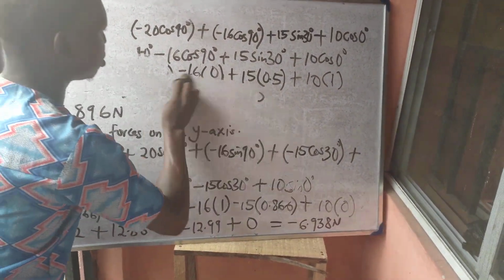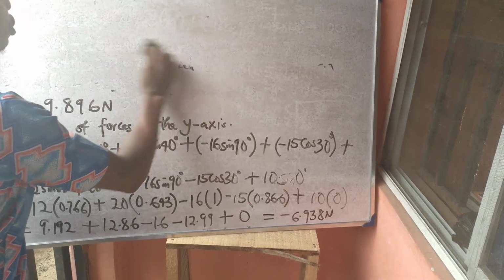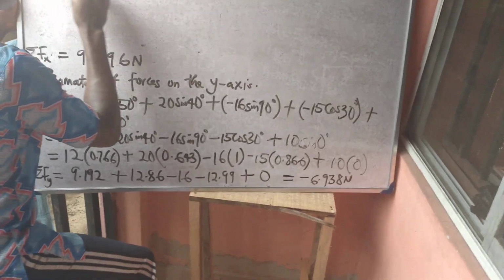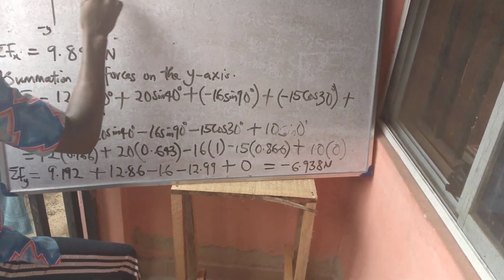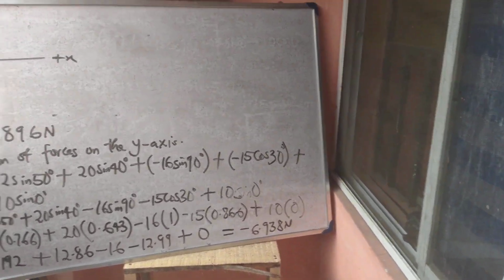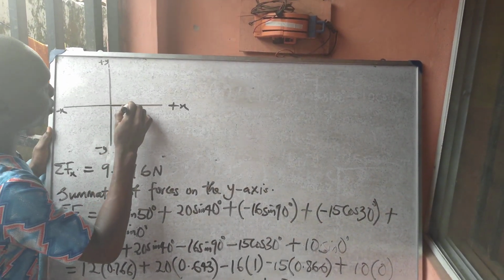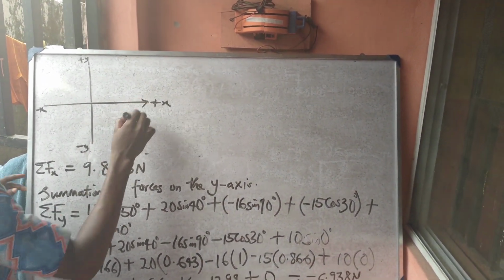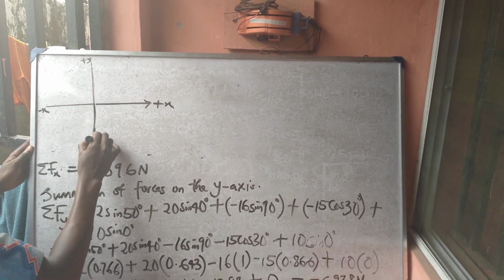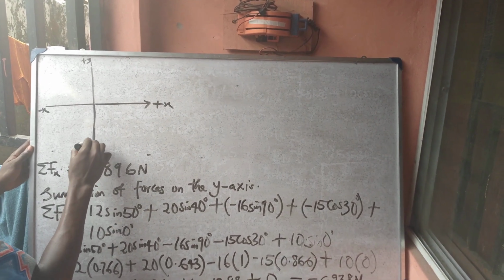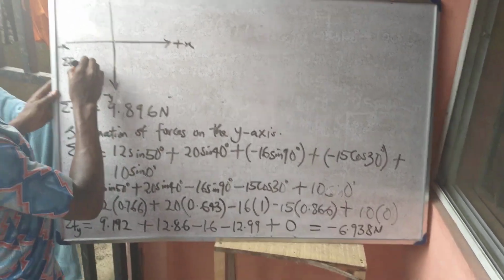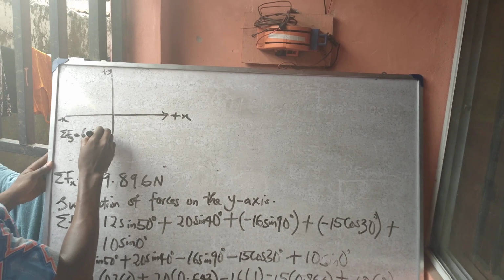Let's look at the force diagram there. This is positive y, negative y, positive x, and negative x. Okay. Now we know that sigma fx is positive, so you go this way, and we also know that sigma fy is negative, so you come downwards this way. Okay, it's negative, so you come downwards like this. You have that sigma fy is, so you leave that negative sign, 6.938 newtons,